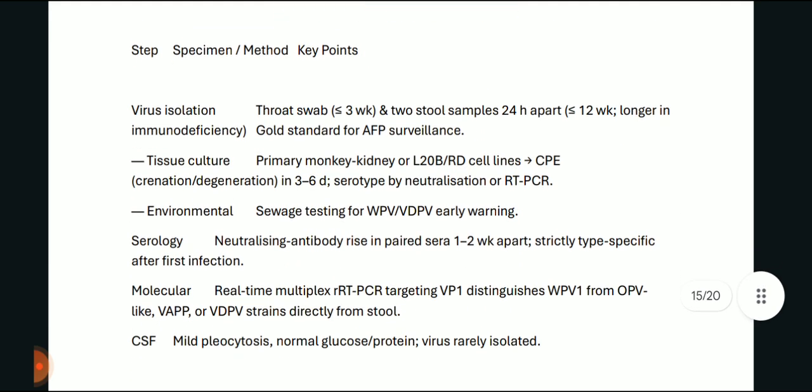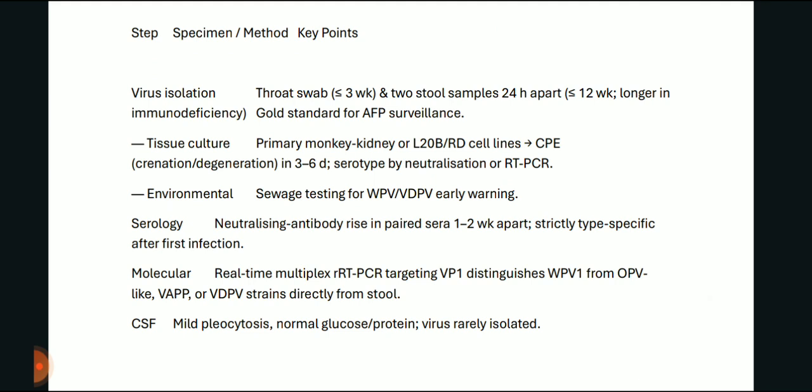Now the lab diagnosis of poliomyelitis, very important. First step is virus isolation, which is done by throat swab in less than 3 weeks, or 2 stool samples 24 hours apart in less than 12 weeks of illness, longer in immunodeficient cases maybe. And virus isolation is the gold standard for AFP surveillance. Now the tissue culture: primary monkey kidney or L20B, RD cell lines are used. There is CPE, crenation or degeneration of the cells, in 3 to 6 days, and serotype is identified by neutralization